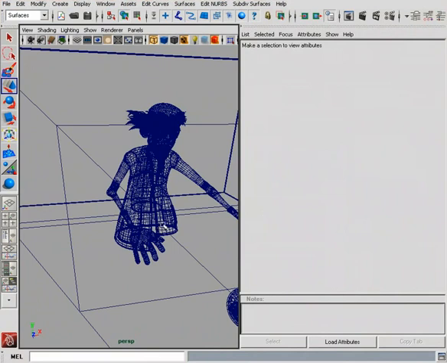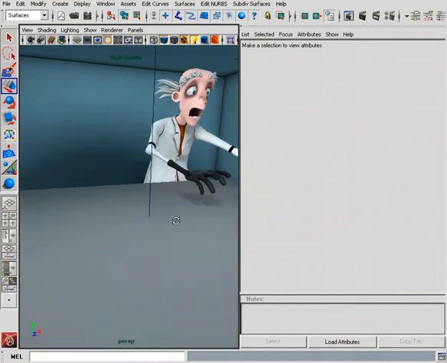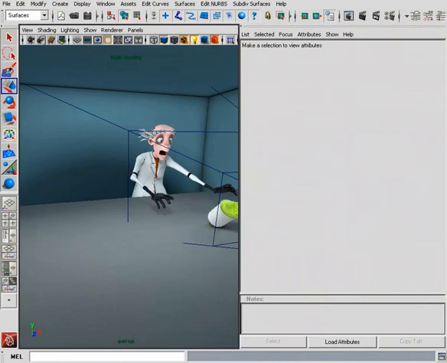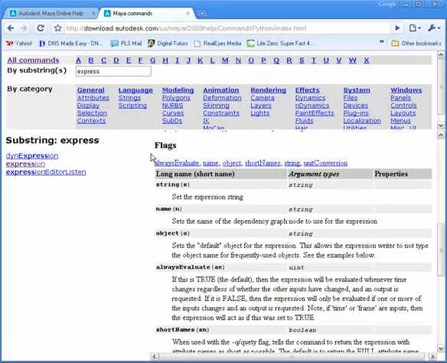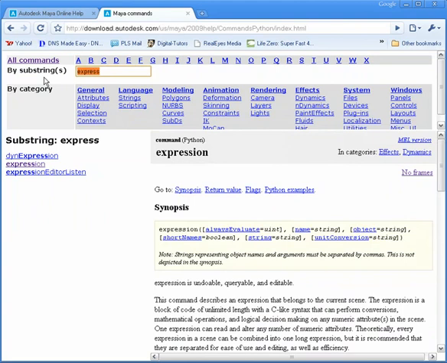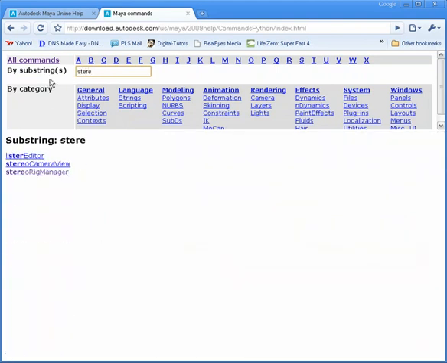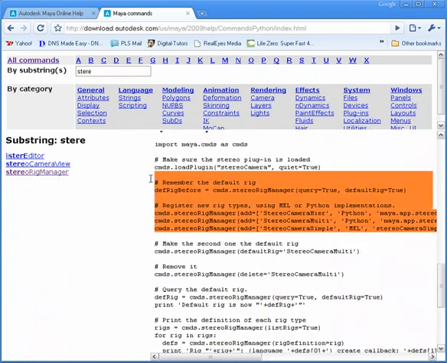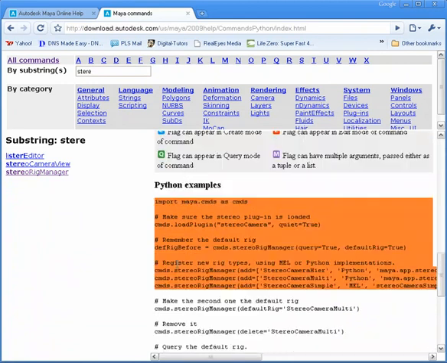Now, we showed you earlier when we first started playing with this how to get your files loaded up in here, right? And so to get all these files loaded in correctly, we actually started to use some actual commands. So let's go back into our Python commands, and I'm going to type in stereo. There it is, rig manager. And we're going to go all the way down to the bottom, and if you remember correctly, we selected this part right here and copied it. Okay, this is in the Python examples area. And essentially what we want is this registration of new rig types. Okay, so we'll just copy this,